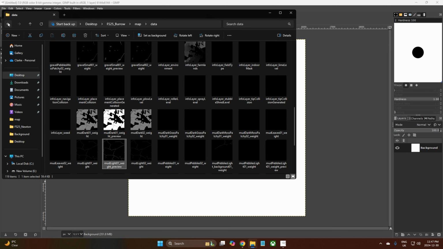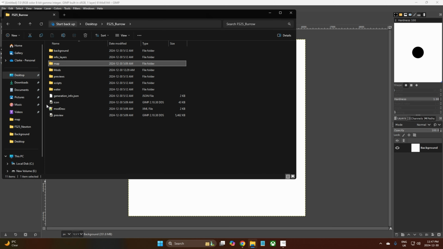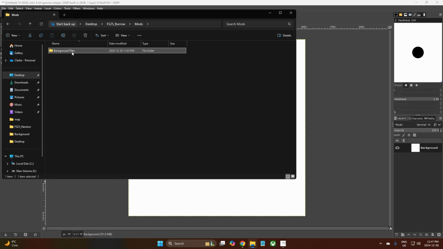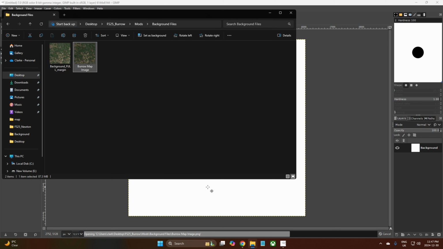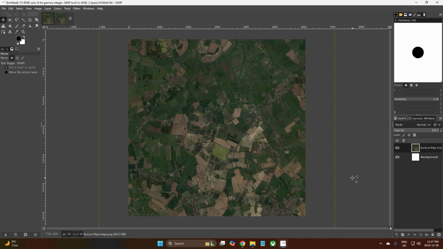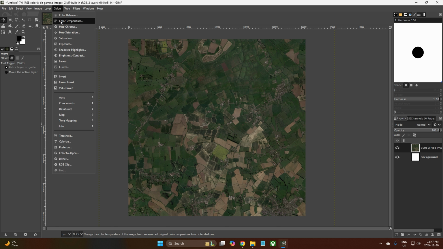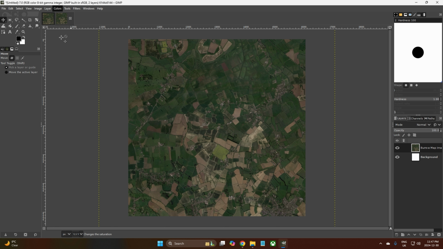We're going to go back to our background file map, and we're going to take the Bauer map image, we're going to drop it in there, and then the next thing I'm going to do is I want to brighten it up just a little bit. So we're going to go into colors, and we're going to go to saturation,